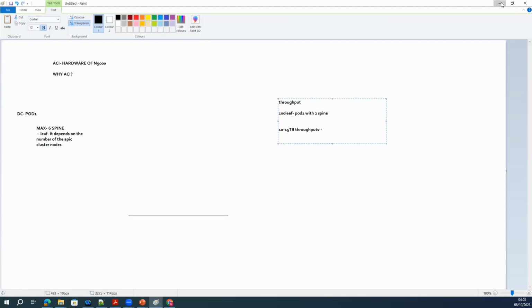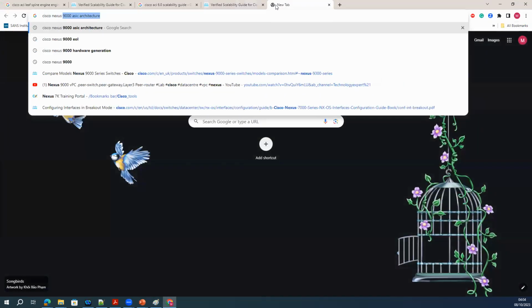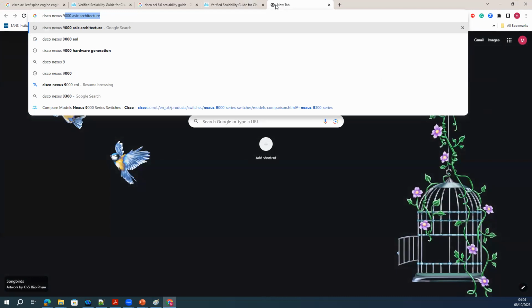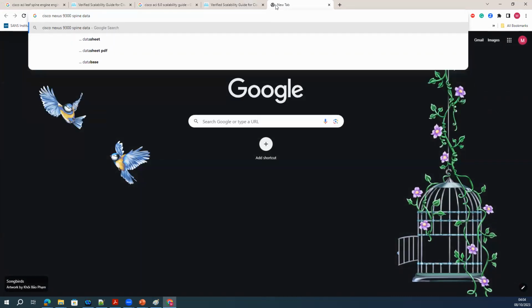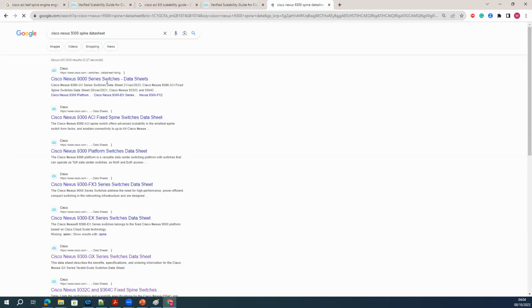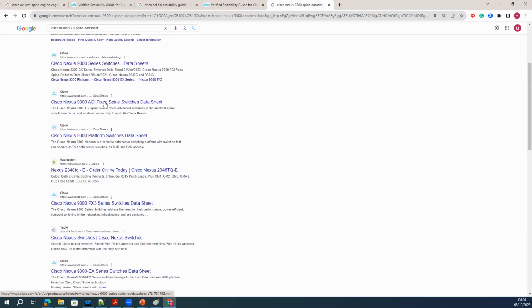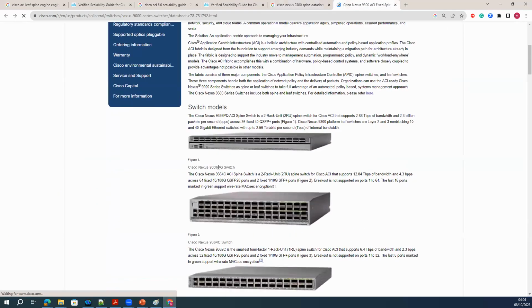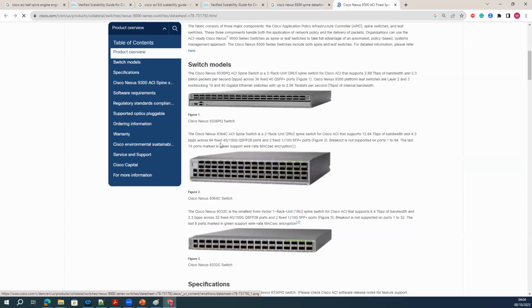And how can you consider that throughput? If I go to the Cisco Nexus 9500 or 9300 spine datasheet, you should be getting how much traffic it can handle for that particular model. There is a very rare chance when you go for your modular chassis.